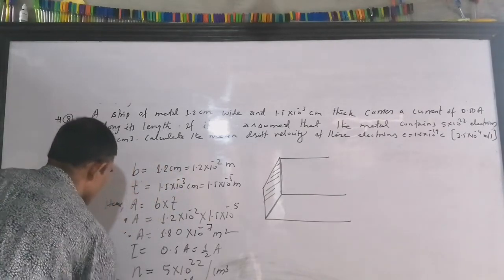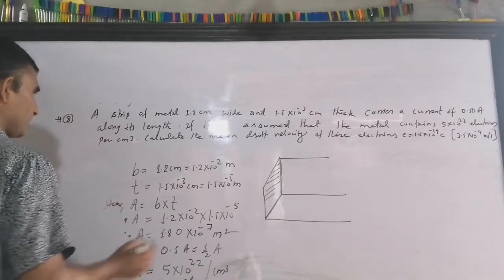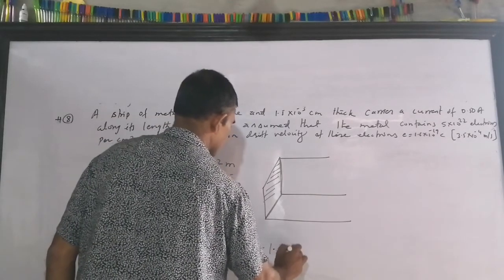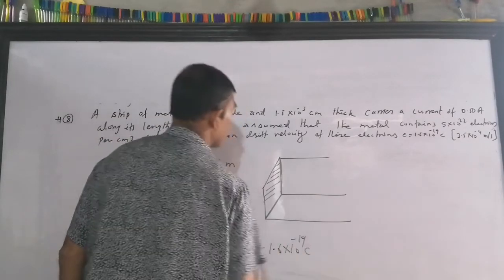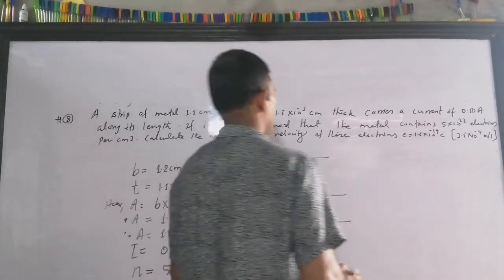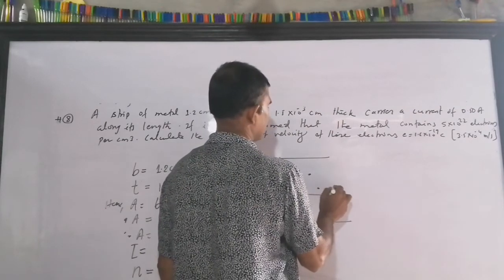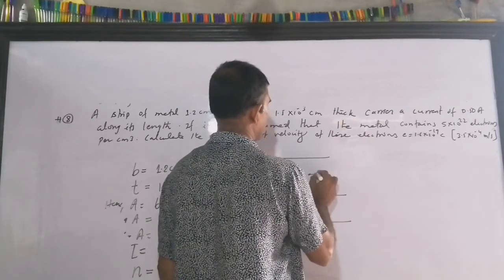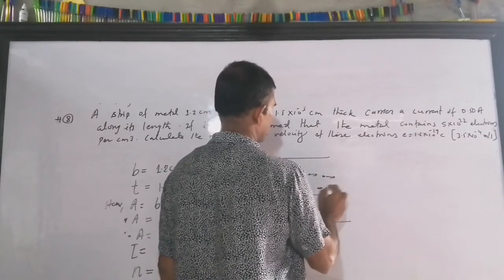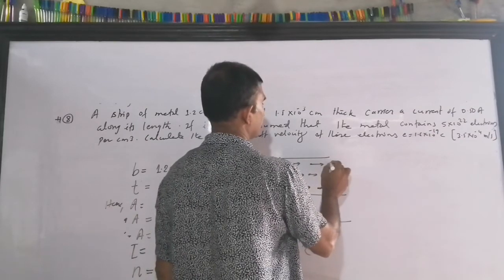And so the number of electrons per unit volume is also given in the question. And the electronic charge, whether they give it or not, you know the value: 1.6 into 10 to the minus 19 coulomb is the charge of this electron. Now these electrons are moving through this conductor, how fast are they moving? You need to find the velocity of that. That average velocity is called the drift velocity.